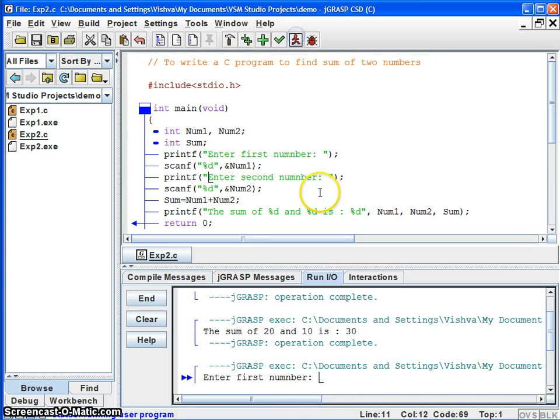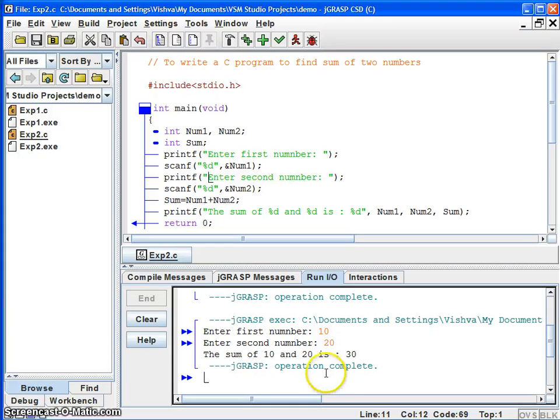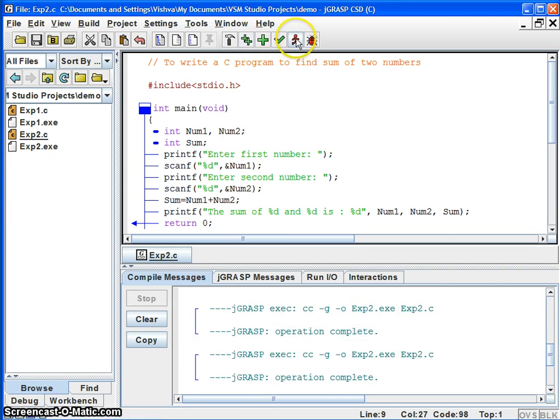and run. So it asks enter first number, let us say 10, enter second number, let us say 20, the sum of 10 and 20 is 30. Oh, I'm sorry for these typo errors. So compile again, run,